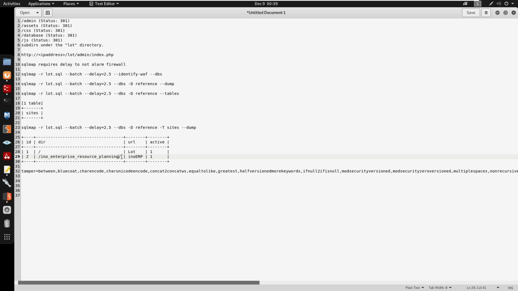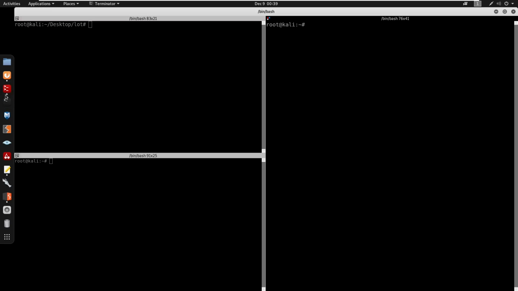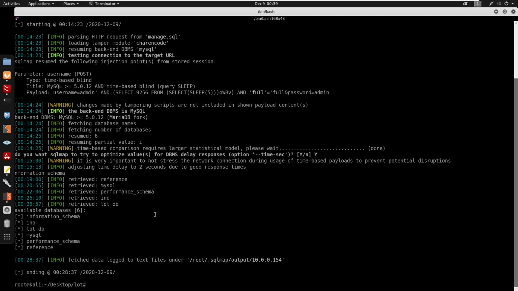Alright guys, I actually did make a little walkthrough for you, and the reason is that when trying to display the databases, it's taking way too long to display each database. I even tried putting the time to 1, but this is the one I actually did. I put the delay to 2.5. I also ran all these commands, right? If you look over here, you can see I put it under